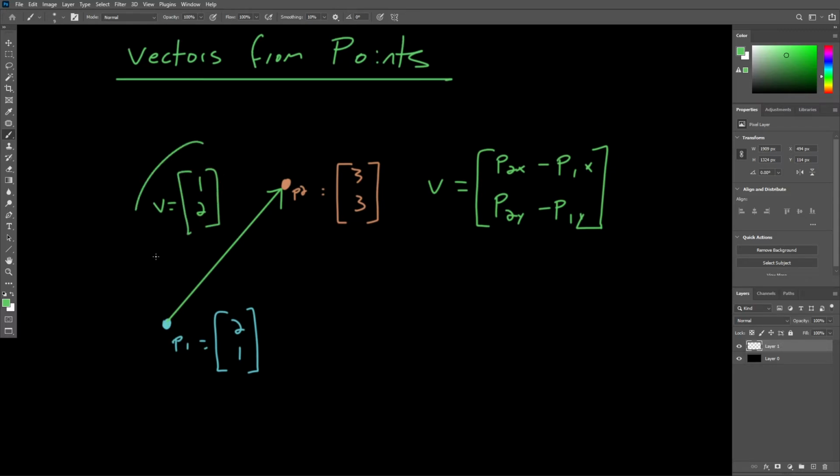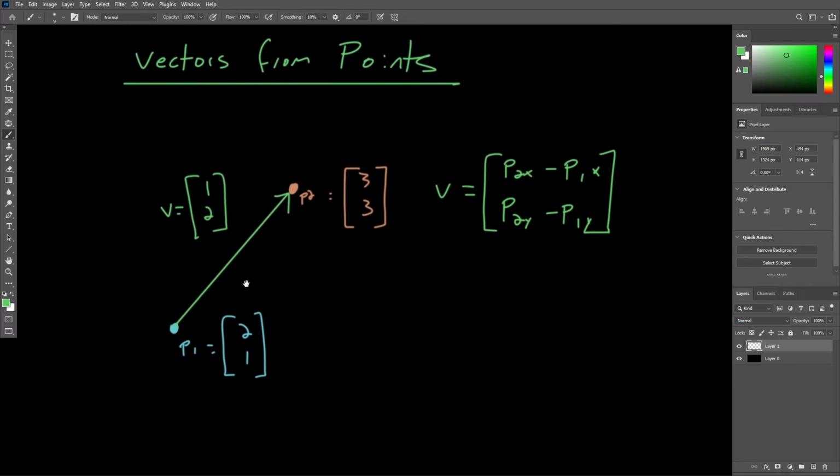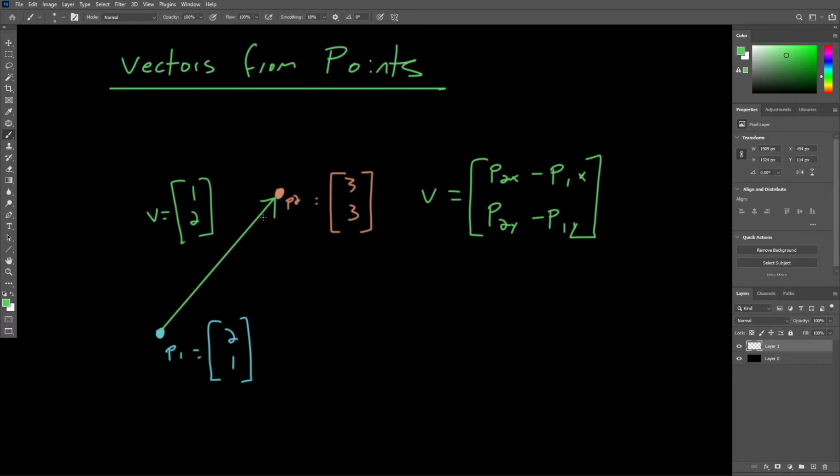And again, recall that this resulting vector represents the displacement from origin to its destination point. So again, visually, we have to think of this new vector as sitting at origin, all right, at 0, 0, or in standard position. But the point here is that this vector does cover the distance spanned between P1 and